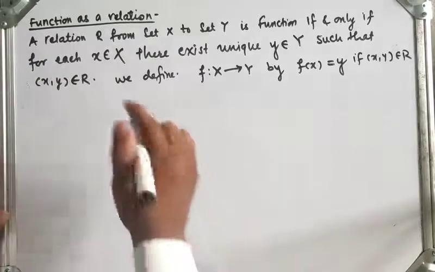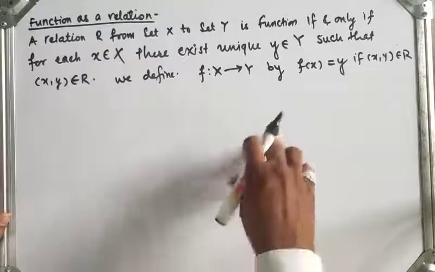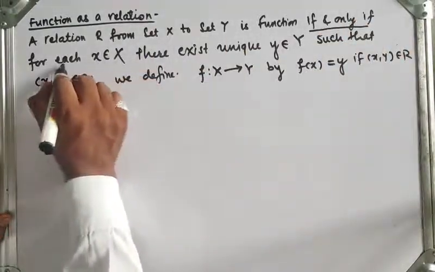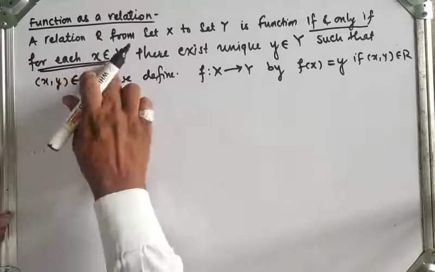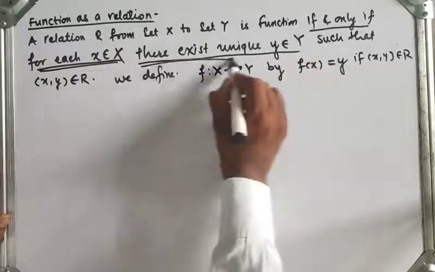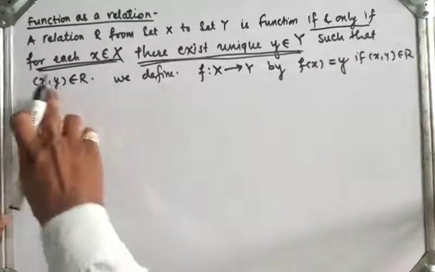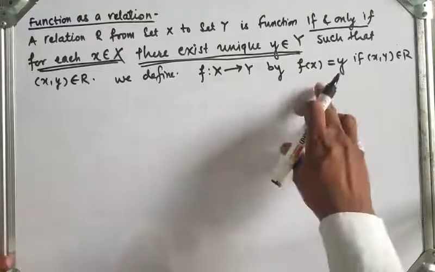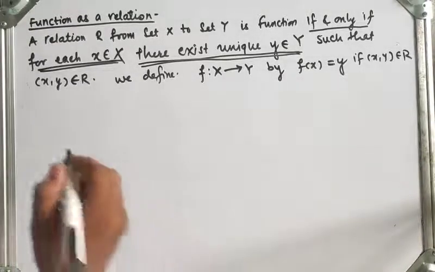What is the definition for function? A relation R from set X to Y is a function if and only if for each x belongs to X, there exists a unique y belongs to capital Y such that (x, y) belongs to R. Or we define the function from X to Y by f of x is equal to y if (x, y) belongs to R. For example,